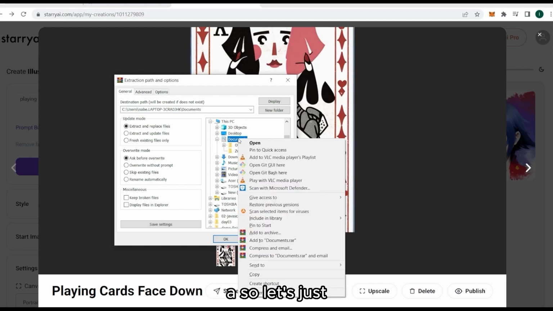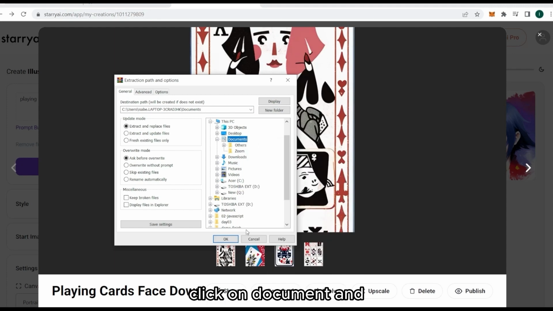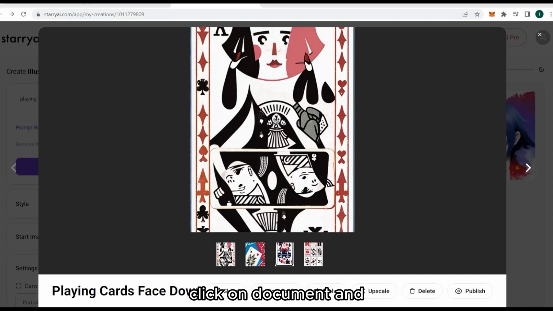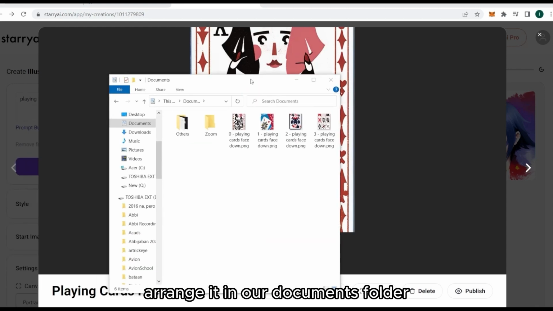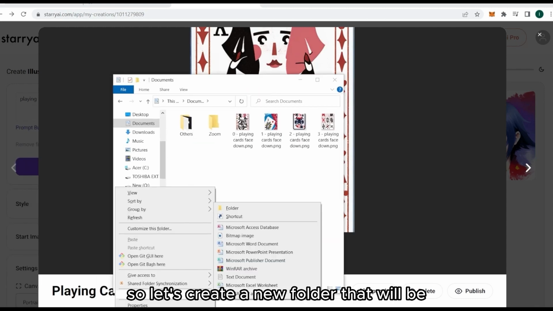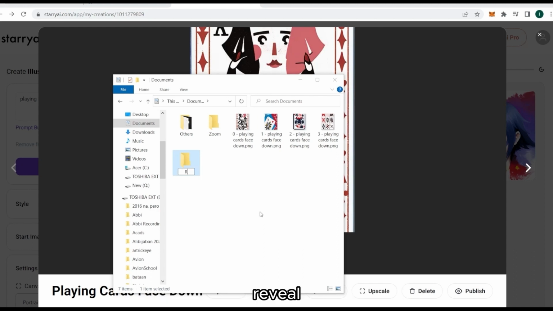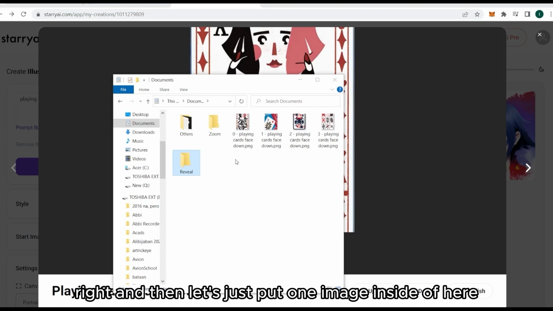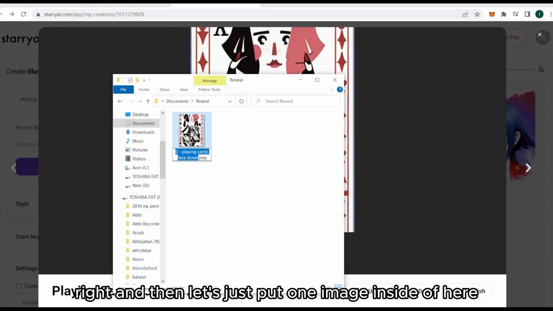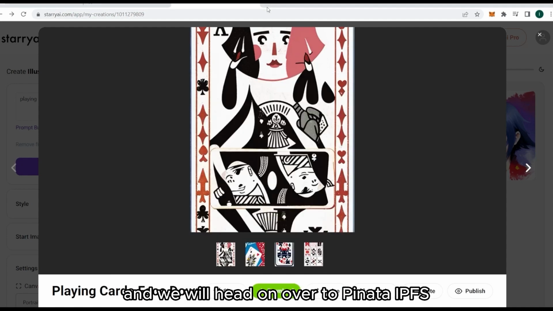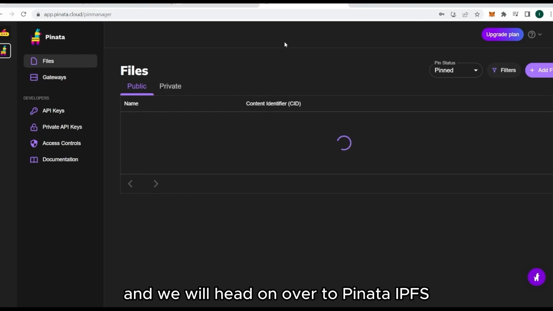Okay, so let's just click on documents and arrange it in our documents folder. So let's create a new folder that will be reveal, something like that. You can name it anything you want. Right, and then let's just put one image inside of here, and we will head on over to Pinata IPFS